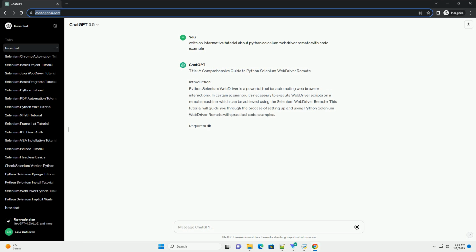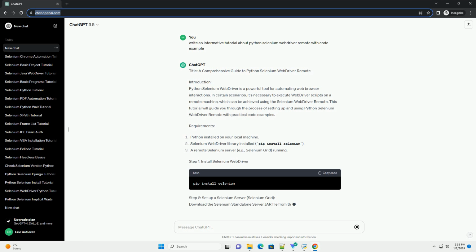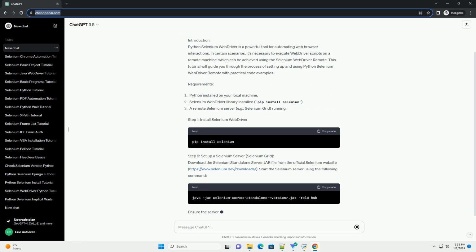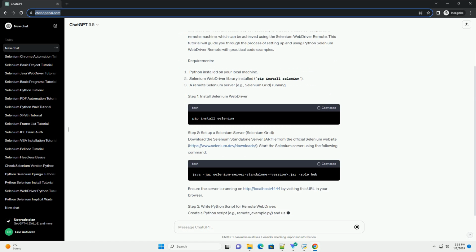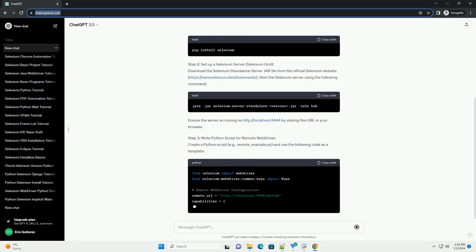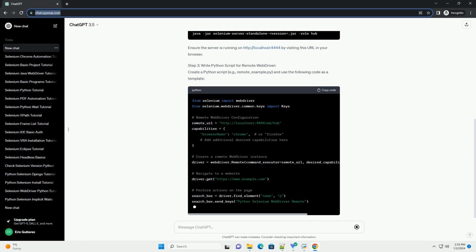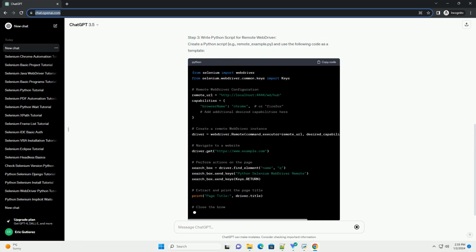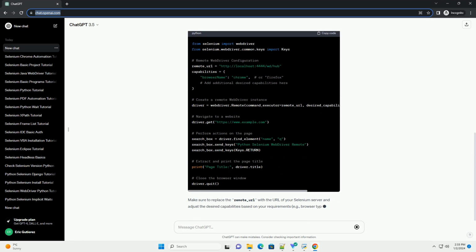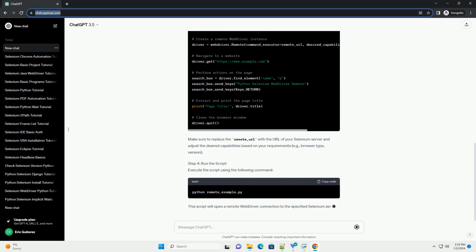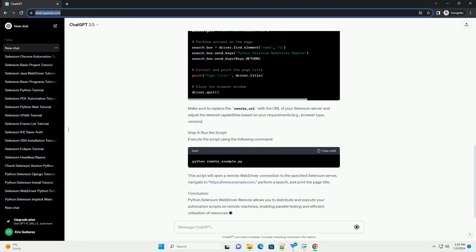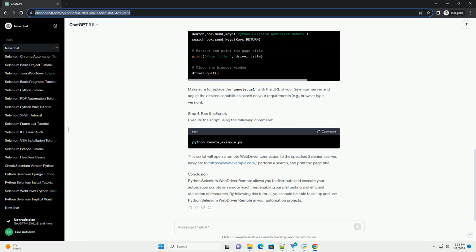Title: A Comprehensive Guide to Python Selenium WebDriver Remote. Introduction. Python Selenium WebDriver is a powerful tool for automating web browser interactions. In certain scenarios, it's necessary to execute WebDriver scripts on a remote machine, which can be achieved using the Selenium WebDriver remote. This tutorial will guide you through the process of setting up and using Python Selenium WebDriver remote with